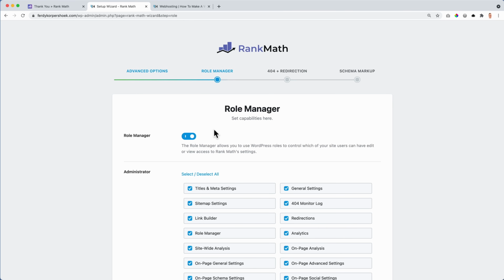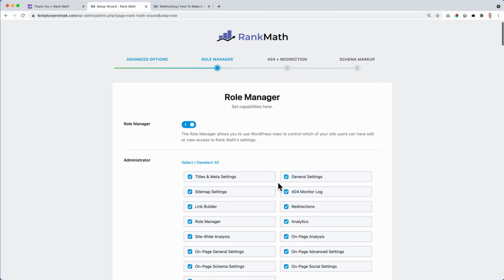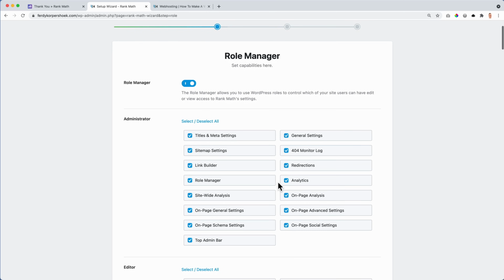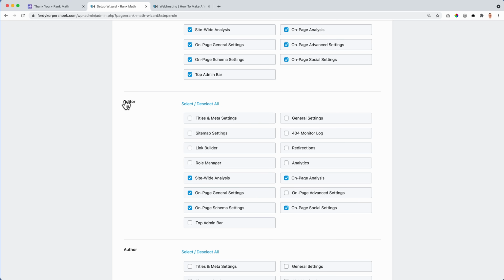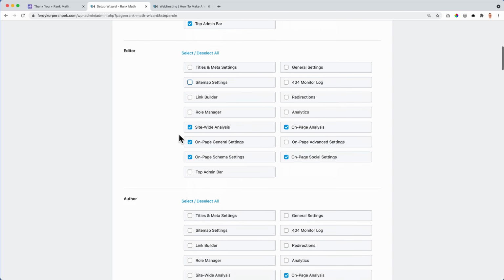So for instance, if I hire a few editors or authors, what's the difference? An editor can edit my blog post. An author can create their own blog post on my website. So I can hire some people to write a lot of blog posts, and then I can give them a certain authority, like they become my editor. What should be possible for them to do? Should they be able to use the link builder, adjust the sitemap settings? So that's what I can do over here.